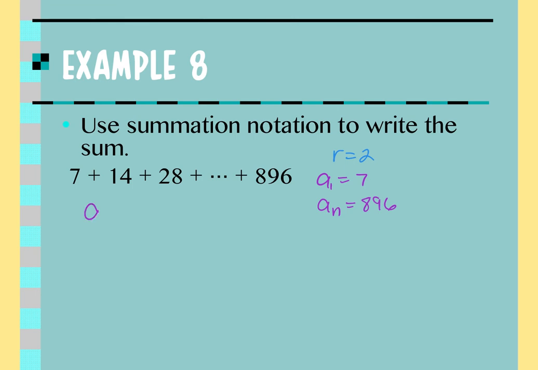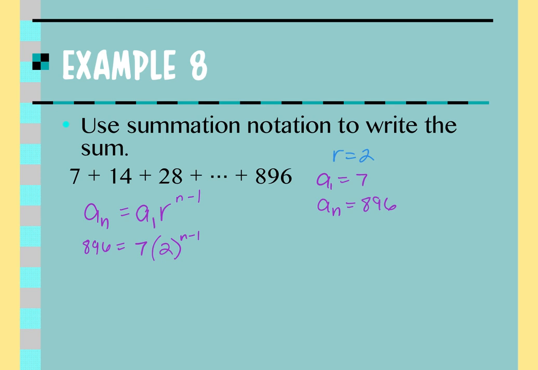We could put a_n, which is what we don't know, on the left, because that's the higher one. A_1 on the right, and r to the n minus 1, because that's the difference between what we're finding and the base on the other side. That's your normal equation. So if 896 goes on the left and 7 is on the right, and r is 2 to the n minus 1,